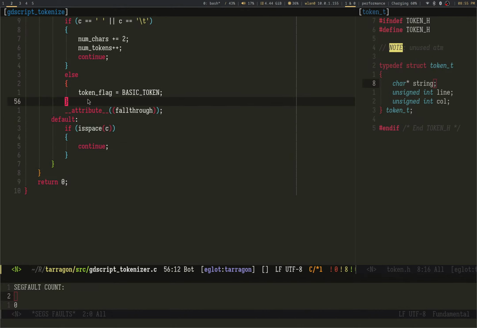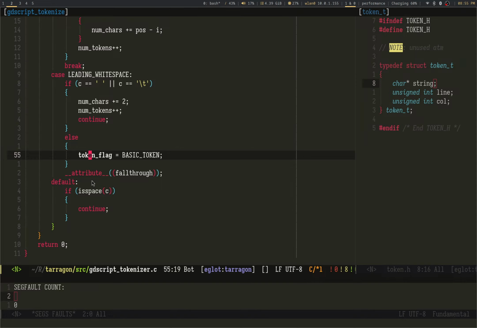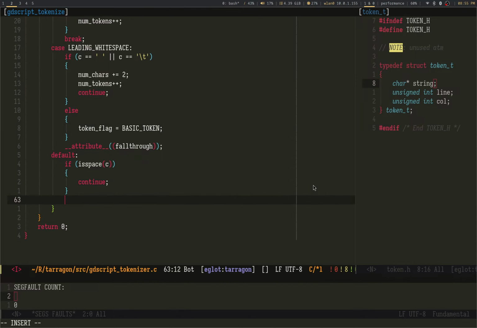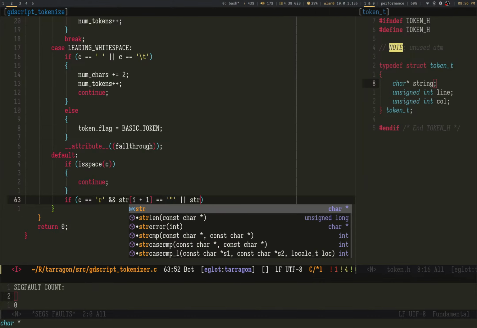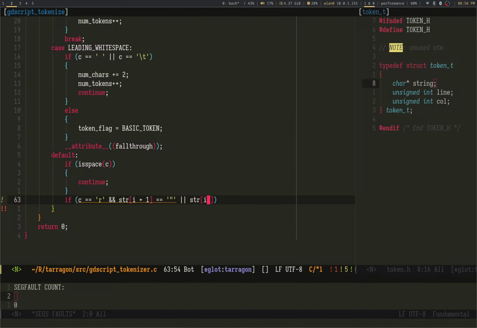Here we go, and I know it's not that because we hit leading white space. So this is where pause actually comes into effect. This is the weird raw strings.